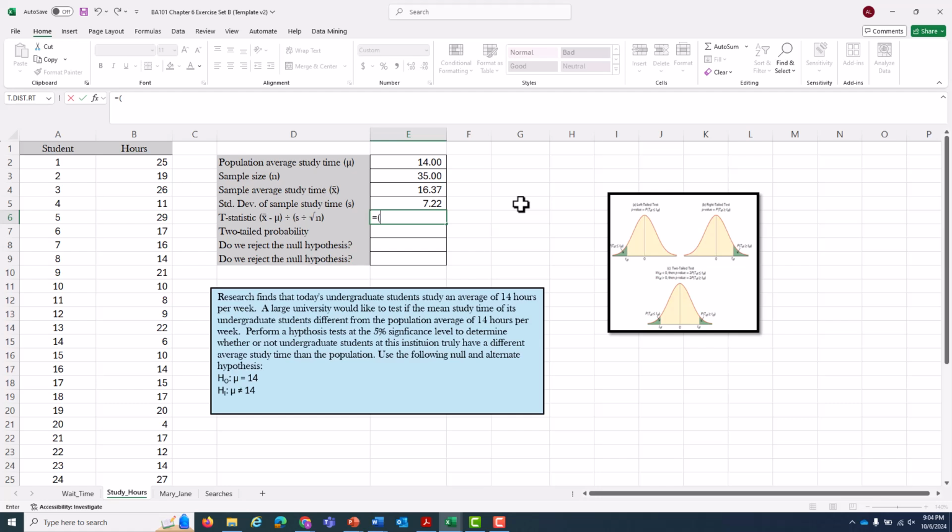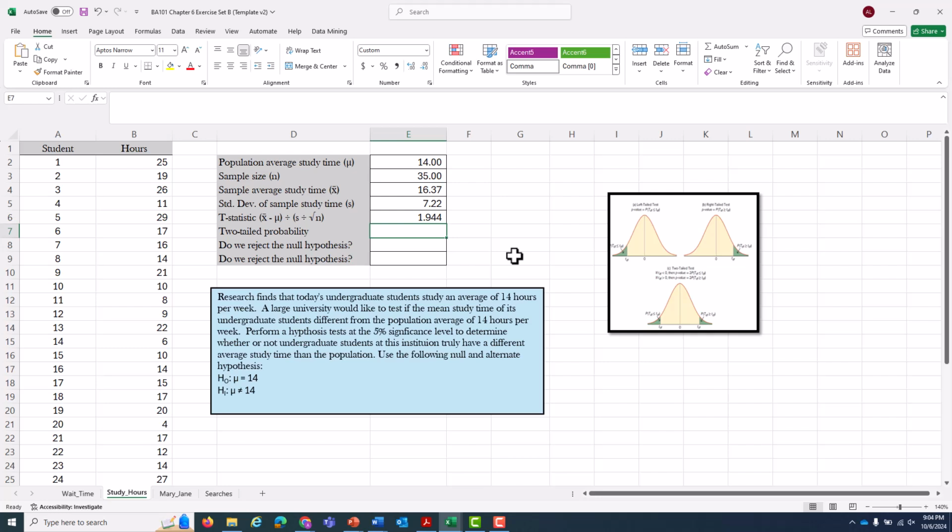I'm going to fill in that formula that's given right here with the inputs that we just answered. The mean of the sample, the x bar, was 16.37, minus the accepted population average time that a student spends, which is 14. So x bar minus mu in the first set of parentheses, divided by the standard deviation of our sample, which is 7.22 hours. And we're going to divide that within those parentheses by the square root of our n, so sqrt, to use the square root function. Open a parenthesis, click that 35 for the n that we're finding the square root of, and then close both of the parentheses at the end. And when I do, I come up with a t statistic of